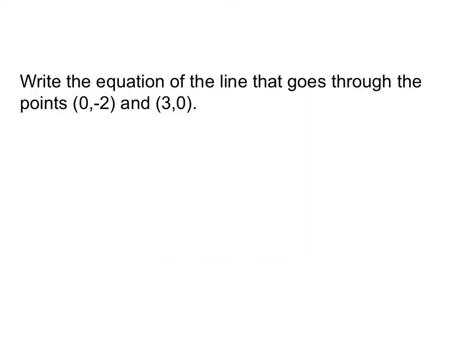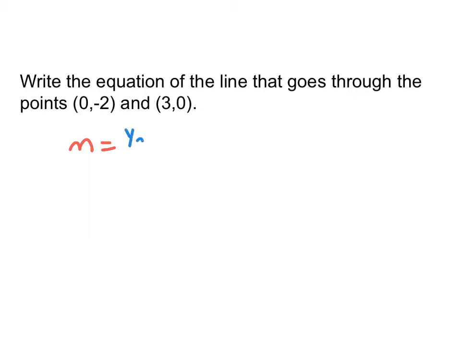All right, so now let's take a look at a couple questions that you might see. Let's say you have to write an equation of a line that goes through the points 0, -2, and 3, 0. Okay, first off, if you're ever given 2 points, then you can find the slope, okay? Remember, the slope, or we call it m, equals,